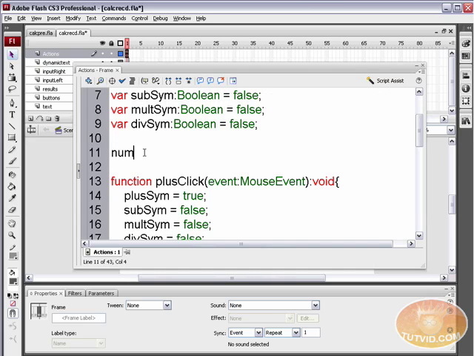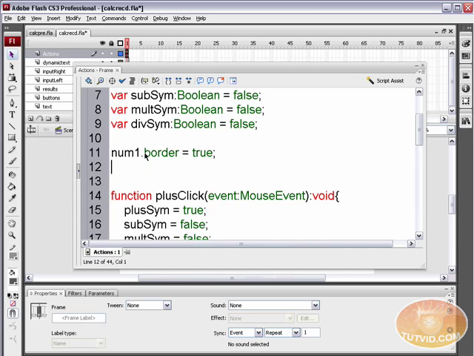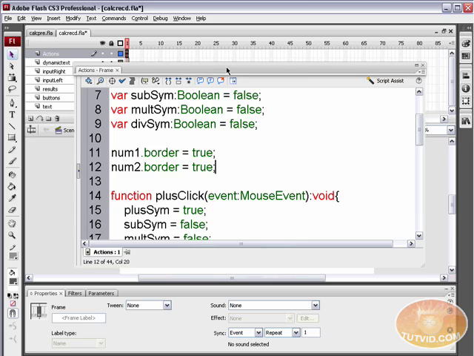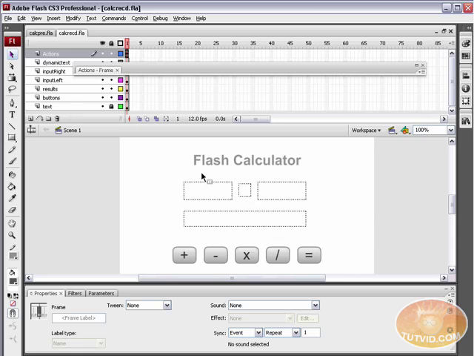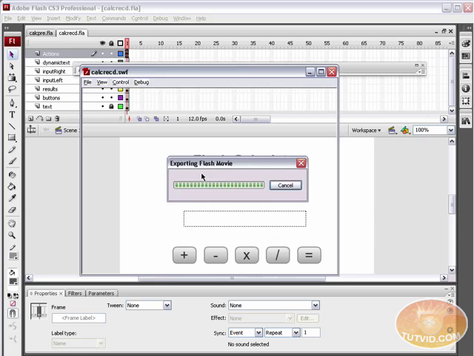So I'm going to type num1.border = true; then a semicolon. And I'm going to type num2.border = true;. What we just did was place a border around each of those input text fields. I'm going to save this, Command Enter, or Command Return, or Control Enter to test the movie, and you can